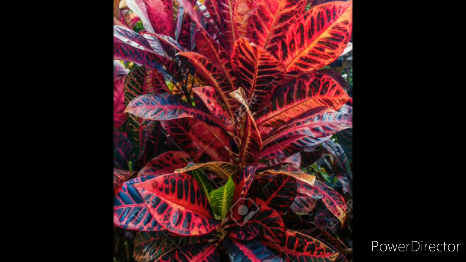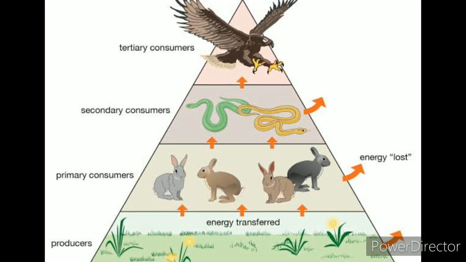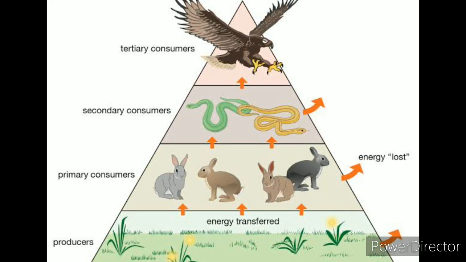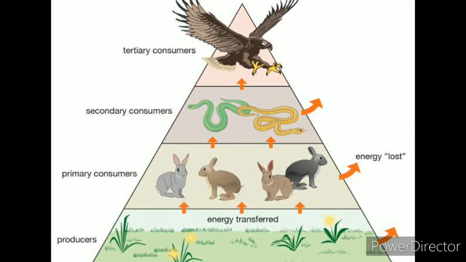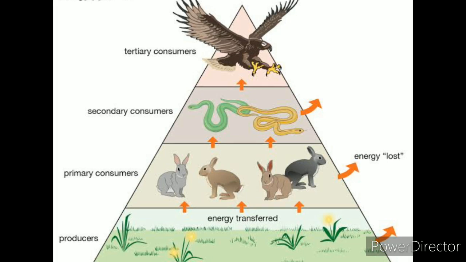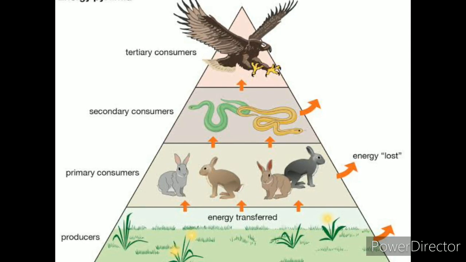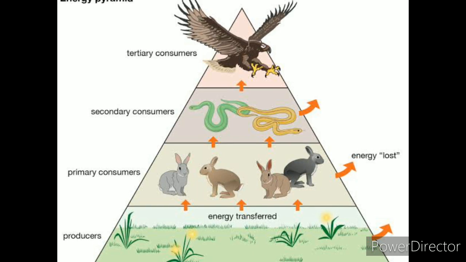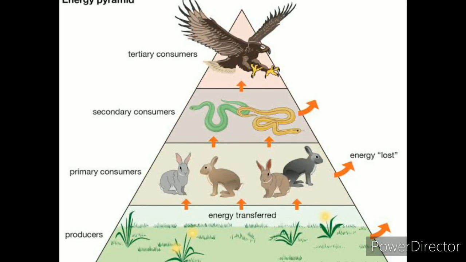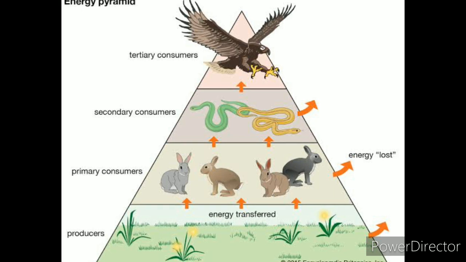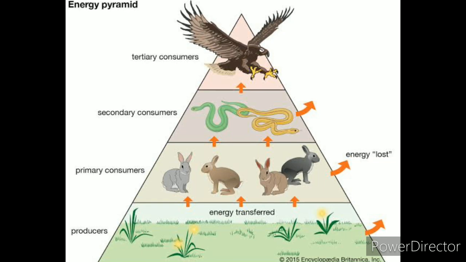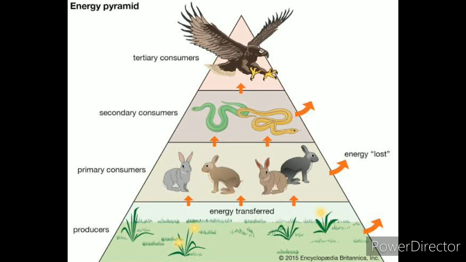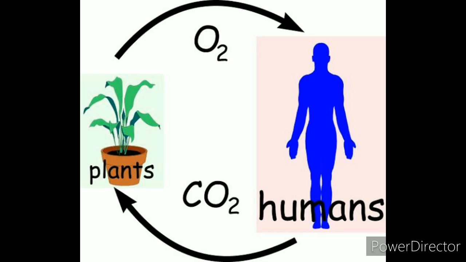And the next one, we have energy flow in living things. So what happens here? We need energy for every activity we do. This energy comes from food, and this food is prepared by the green plants, and green plants trap the sun's light energy during photosynthesis to prepare food, and this energy is passed on to humans and animals when they eat the plants. And this way energy flows from the sun to the plants and then to the animals and human beings, right?